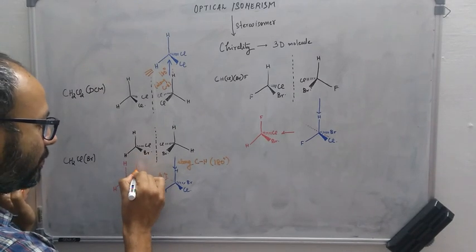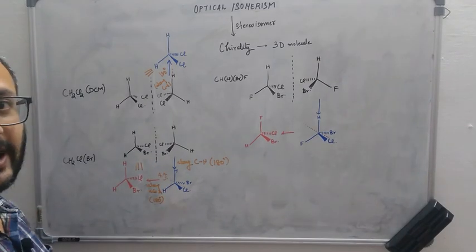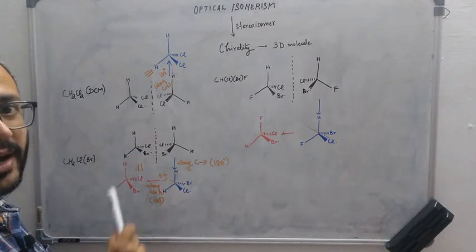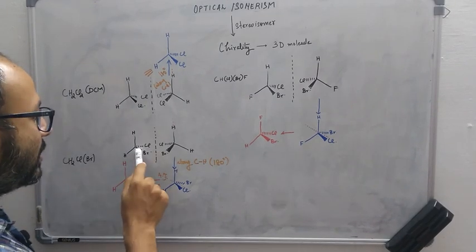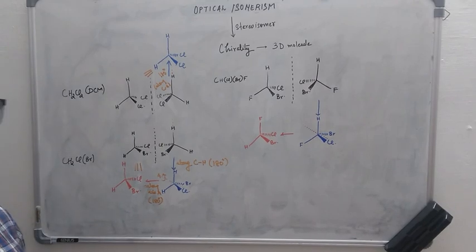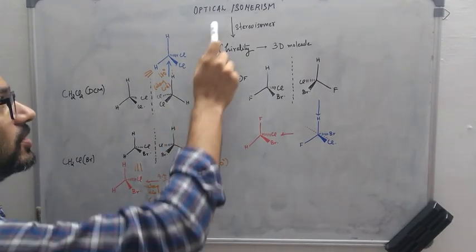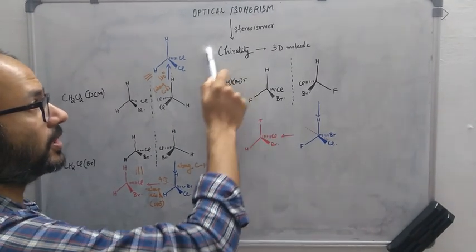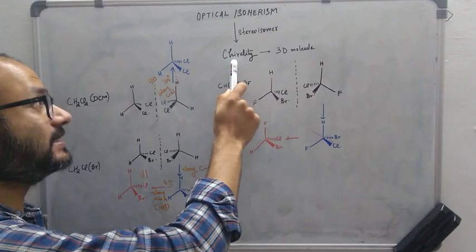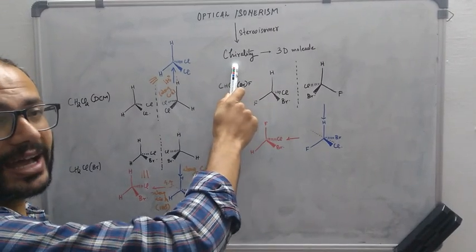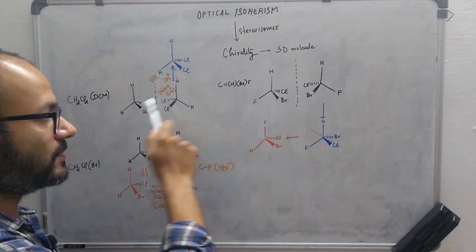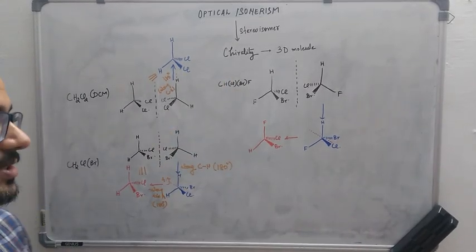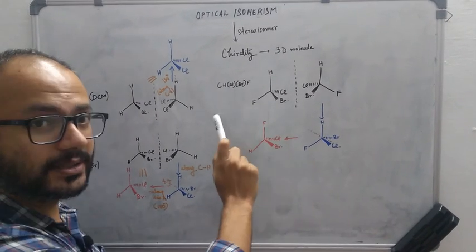So now what do you see? These two molecules are perfectly the same. That means the mirror image and the original structure are the same molecule. So that means these don't exhibit the property of chirality. These two molecules will never show optical isomerism, because to show optical isomerism, the molecule should be chiral. Since they are not exhibiting chirality, these two examples will never fall under the category of optical isomerism. Now let's look at the third example, which is